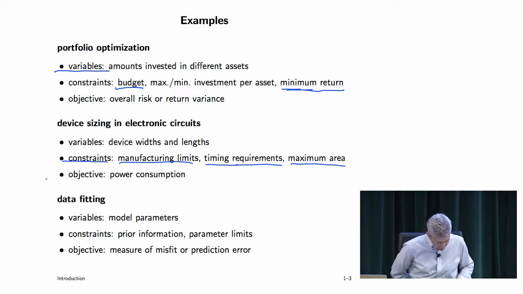Okay. And the third is actually from a different category. It's data fitting, right? So it's got lots of other names. It's also called, for example, statistics. Another name for it is machine learning. And we'll see lots of others. Estimation. Okay, so these are all names for kind of the same thing. And we'll see lots of examples of these, by the way. But the idea is something like this.